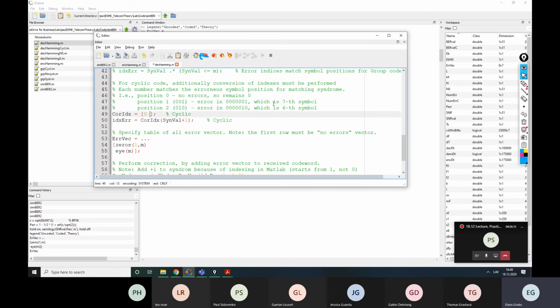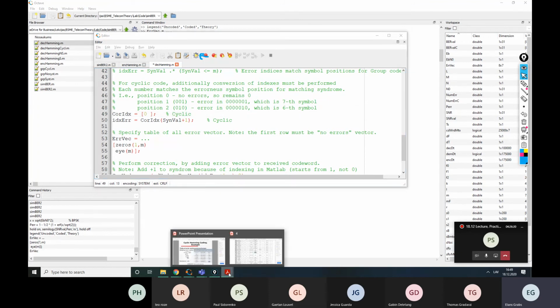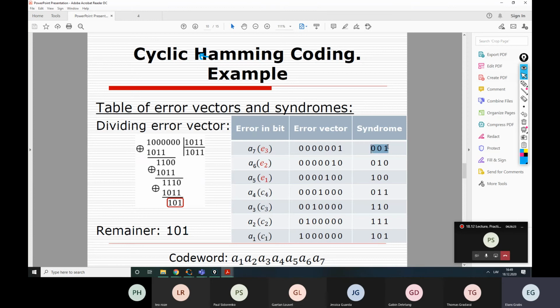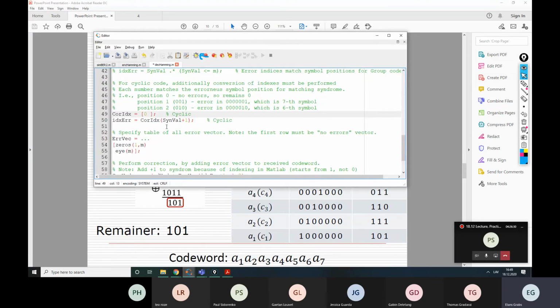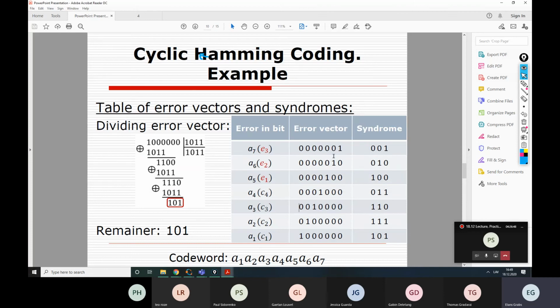We need to type in the error number symbol where the error has happened. So we find that syndrome here, it is here. The error must happen in this symbol, which is symbol number 7. So we put in there number 7, the erroneous symbol number, for this syndrome accordingly. So the number of the column in this matrix is the syndrome, and the value itself is the number of